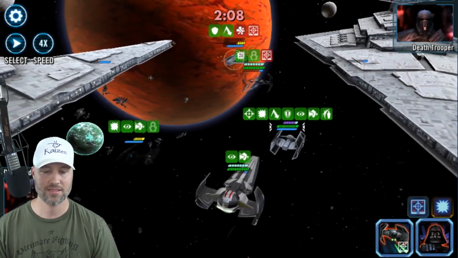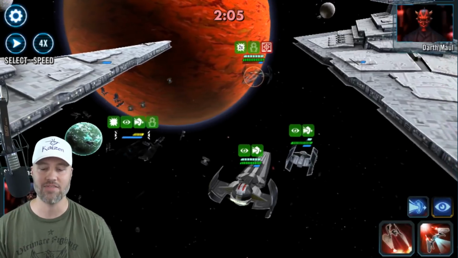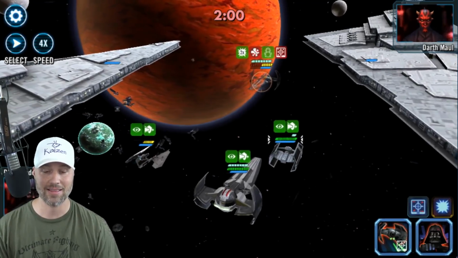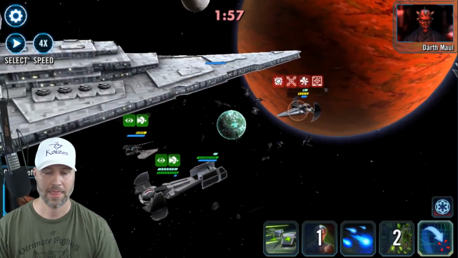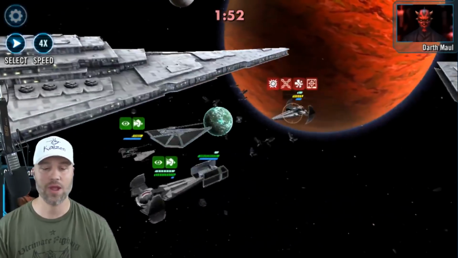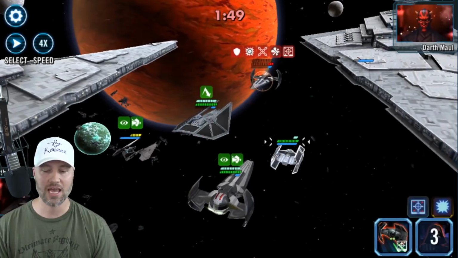All right, let's... Bam! 95. Not too shabby. Put some healing immunity down, and let's go ahead and get rid of that turn meter. And again, we were able to win with relative ease. I will say that